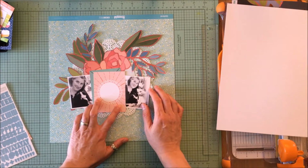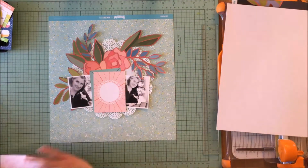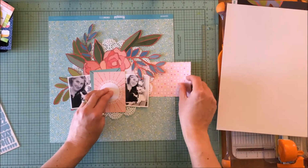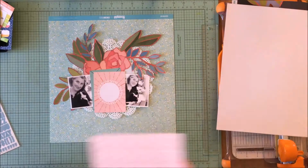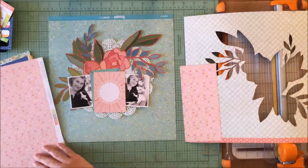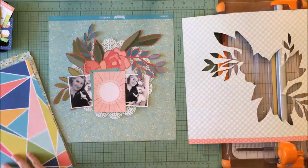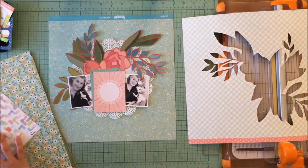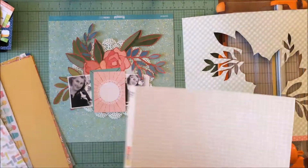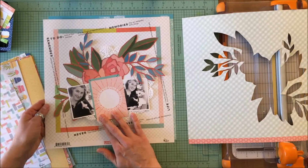And so you saw that I had the cream piece of paper that I took out, and I tried a white piece of paper, and ultimately I decided that I didn't like the top and bottom that the sketch called for, so I was just going to ignore that part of the sketch. I wanted to put something though to give that illusion of the divided top half and bottom half, so I'm going to spend an awful lot of time rifling through my stash from the kit